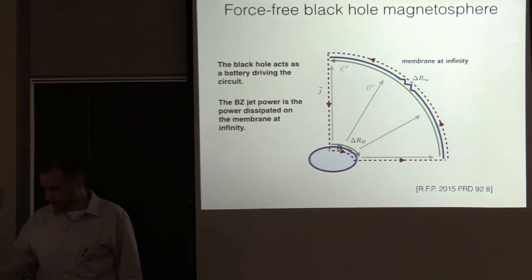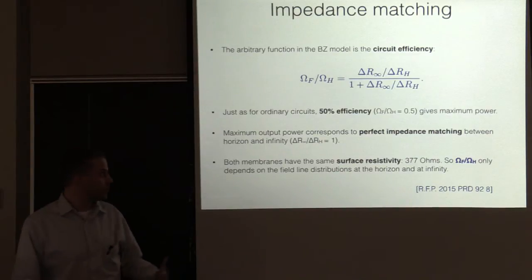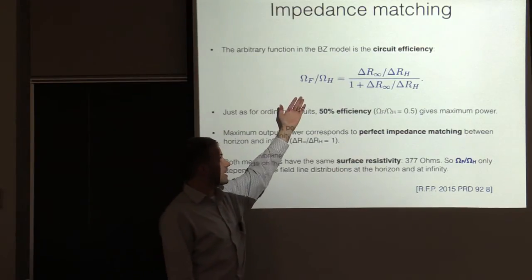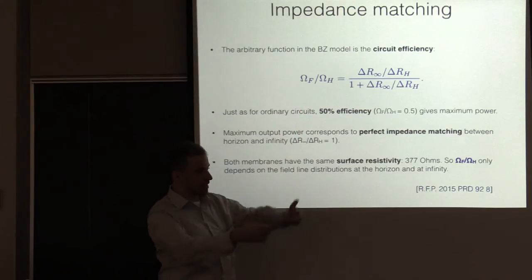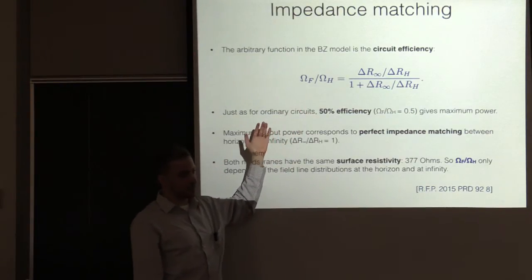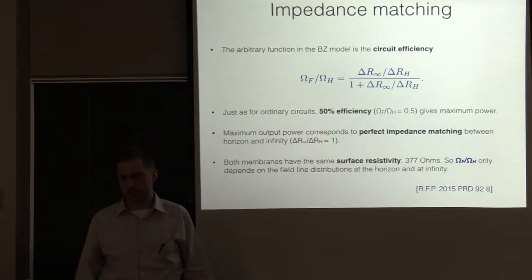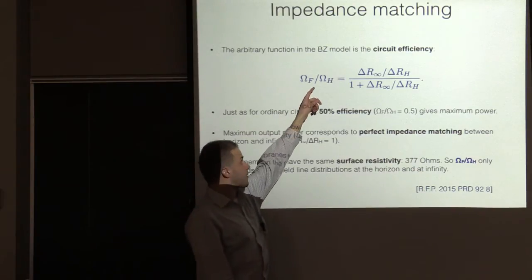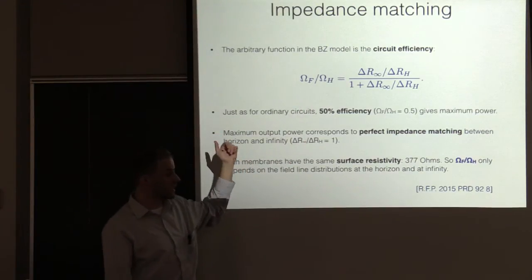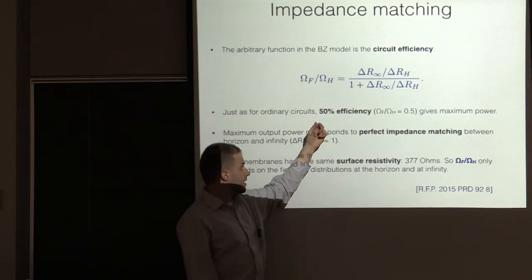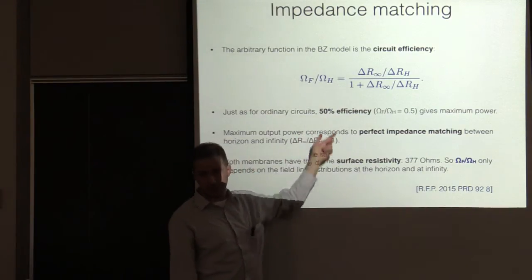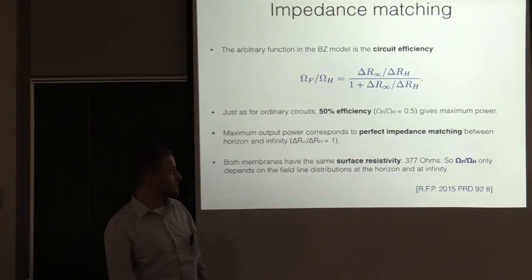And the mystery parameter that we all want to know why it always comes out to be a half, when you reformulate it in this language, is exactly the thing a circuit textbook would call the circuit efficiency. So the fact that this kept coming out to be a half was telling us that the circuit on the previous slide tends to have an efficiency of 50%. Why does this circuit efficiency tend to be 50%?